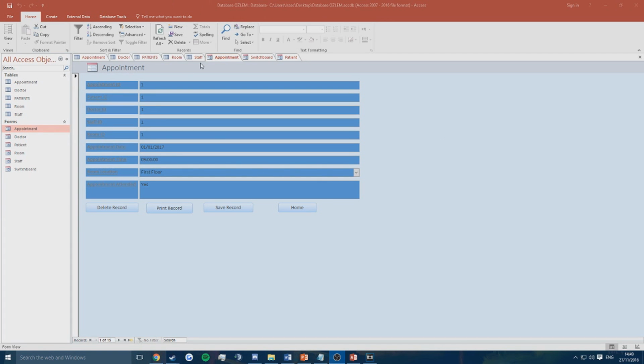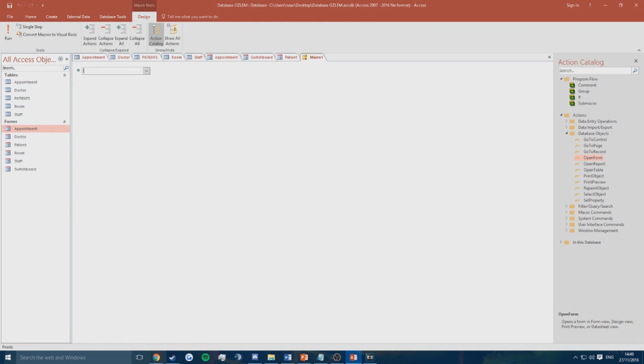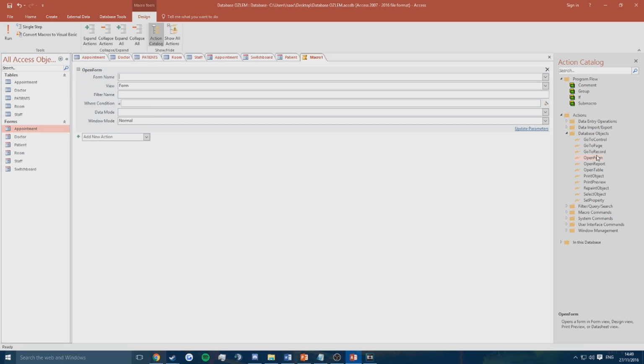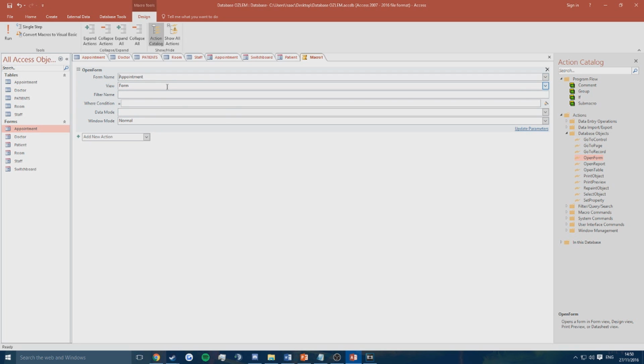Okay, now I'm going to show you a step-by-step on how to create a macro. So first of all, go to create, and then go to macro. And then from here, go to database objects, and then go to open form, double click it, or just drag it in. Select the form that you want it to open. I want it to open the appointment form. We're not going to change anything here